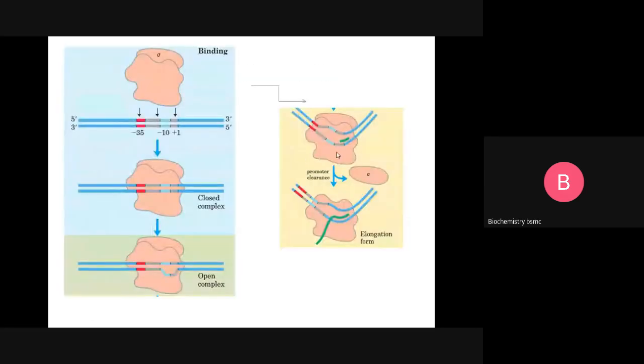The sigma subunit will now be released. So the sigma subunit is released, and there we get now the core enzyme. So the core enzyme remains attached. The sigma is now released and it binds with another core enzyme. What is the denomination of the core enzyme? It is E. So one sigma is now free to bind another E to form another E sigma. Again, transcription will occur in another place, but now the core enzyme is free and the core enzyme slides along the DNA.